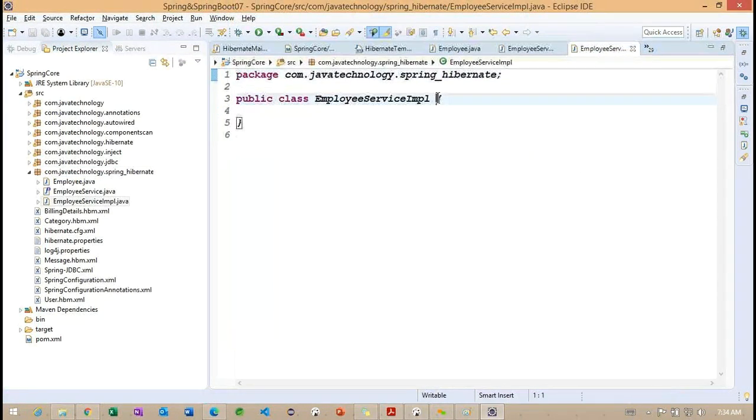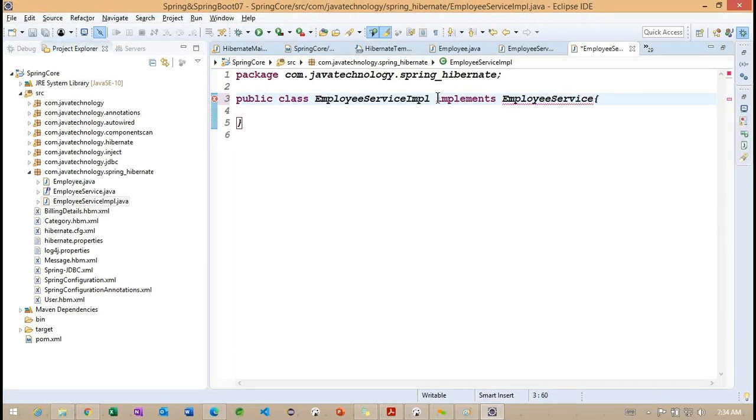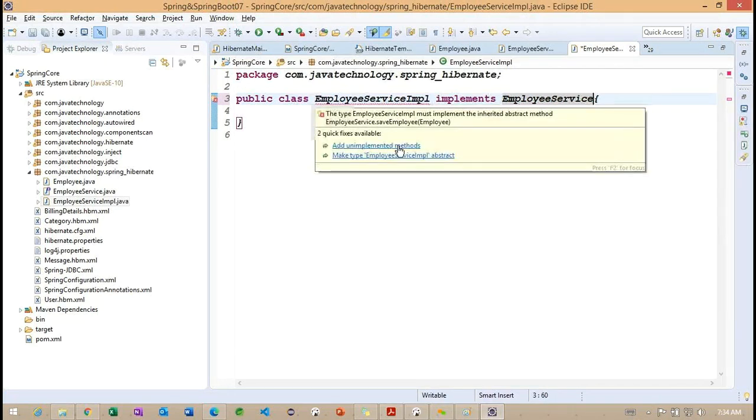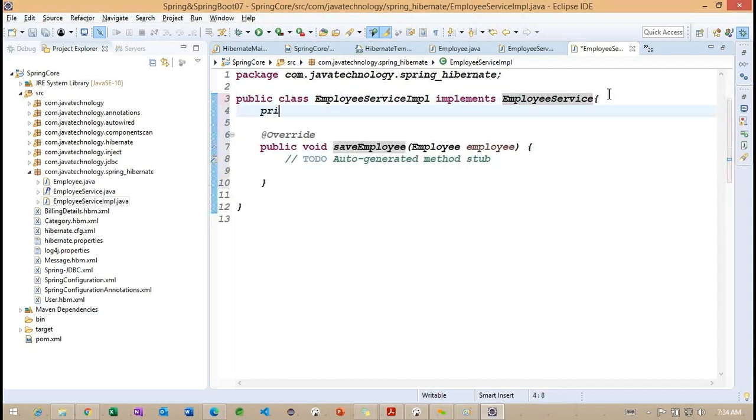EmployeeServiceImpl. Using this particular EmployeeServiceImpl, I want to load EmployeeService. Here I want to implement the save method, sorry, saveEmployee. And basically I want to work with EmployeeDAO.